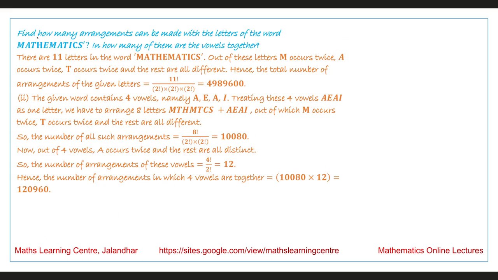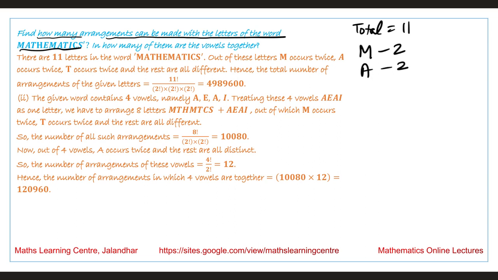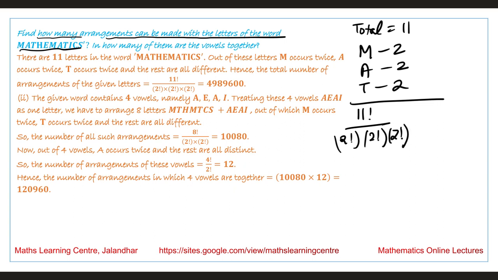Next, find how many arrangements can be made with the letters of the word mathematics. The total number of letters we have is 11. Out of these, M occurs twice, A occurs twice, T occurs twice, and all other letters are different. So the total number of permutations we can form is 11 factorial over 2 factorial into 2 factorial into 2 factorial. On multiplying these terms, the answer we obtain